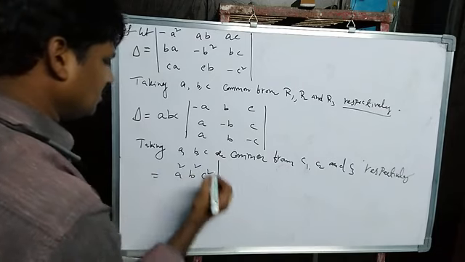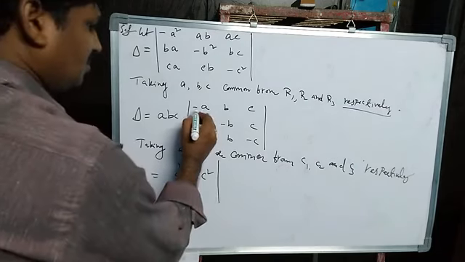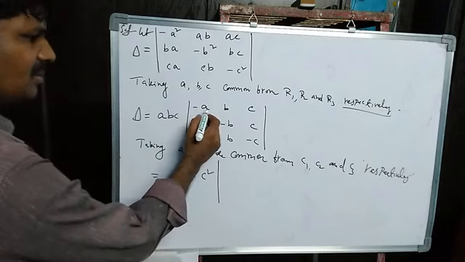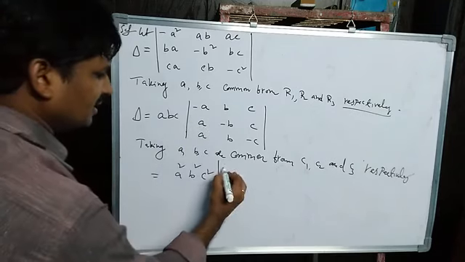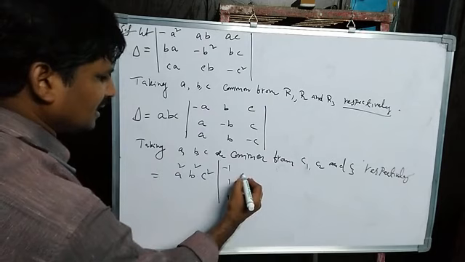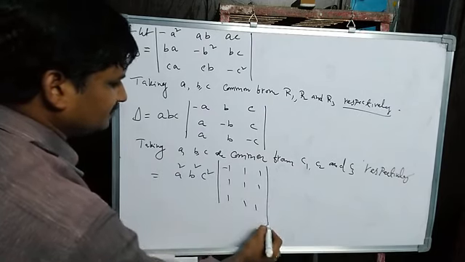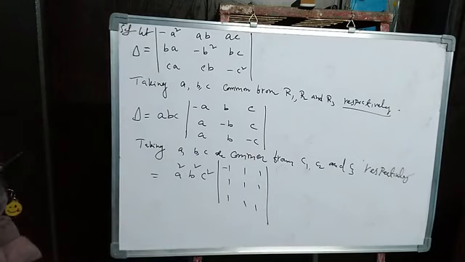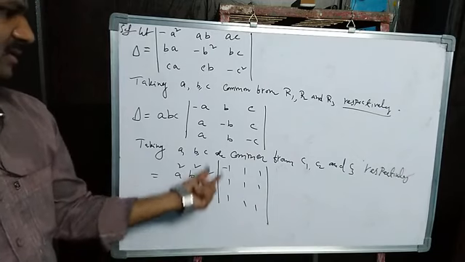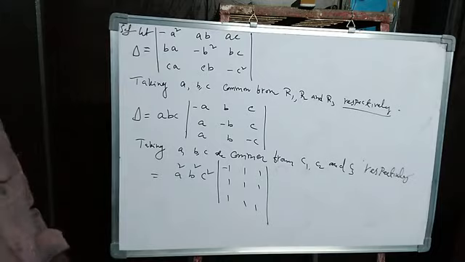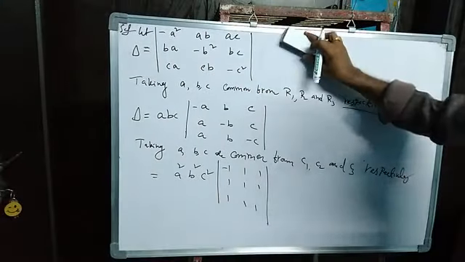So the determinant here, what did I get? Minus A. I am taking A common here. What will be left here? Minus 1, 1, 1. Next step. 1, 1, 1. Next step. 1, 1, 1. We have done nothing still. What we have done is only taking common. Okay. Yes. Next step.